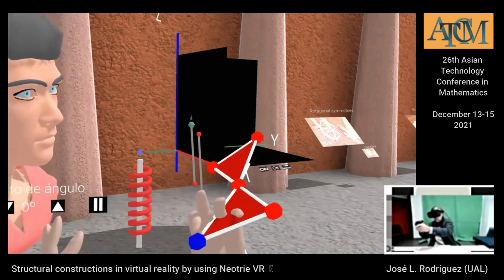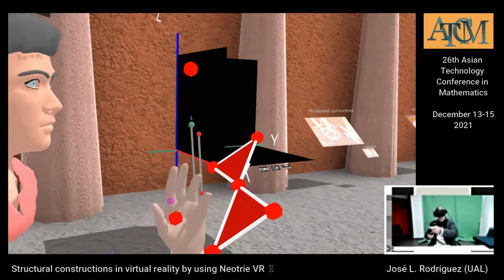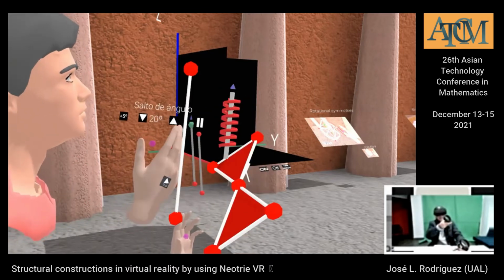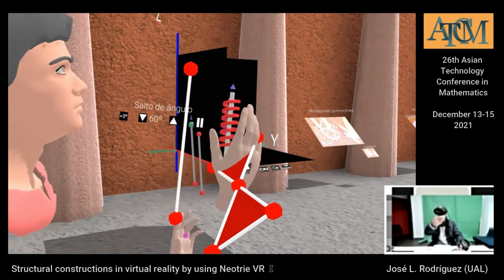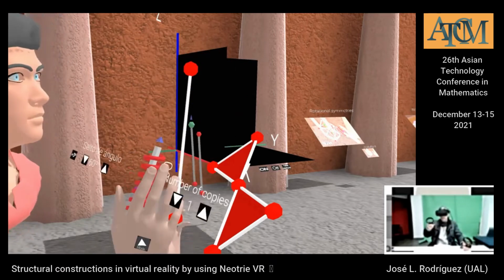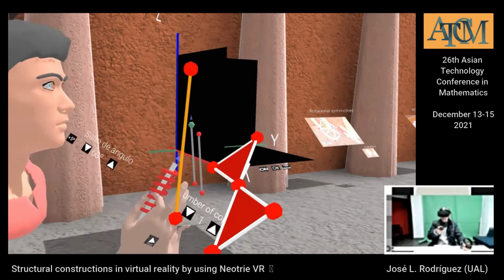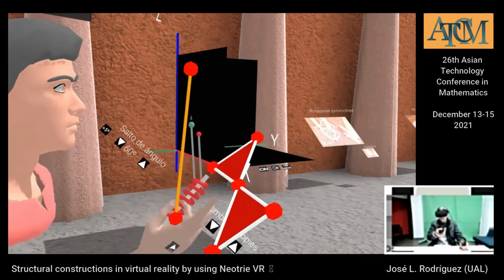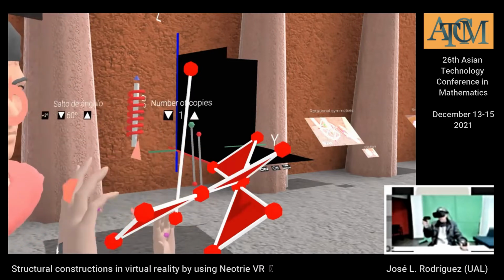Let's now try to make a rotation symmetry. I can choose here the angle. So let's choose, for instance, 6 degrees. And then I have a new option: choosing the rotation axis, and then the figure. I don't touch that one, but the original one, which is this one. Hopefully it works. Oh, no, it doesn't work because I have only